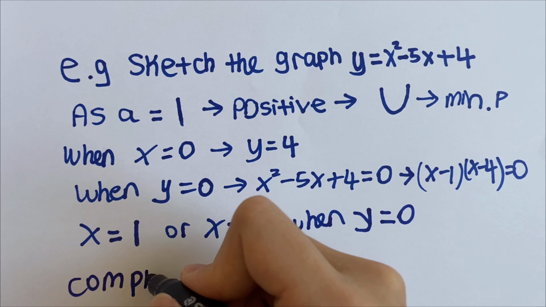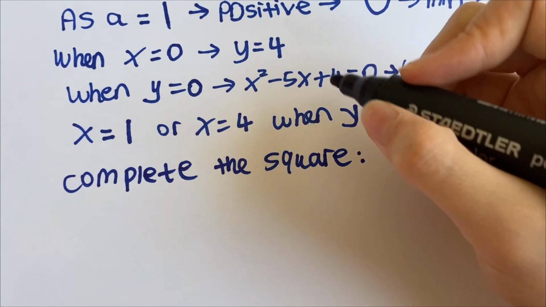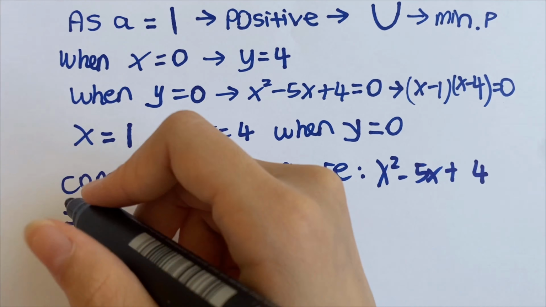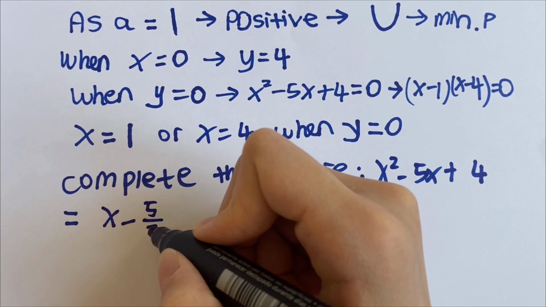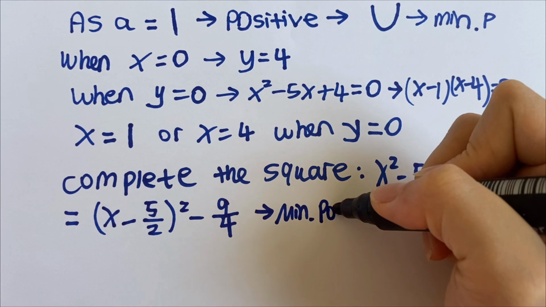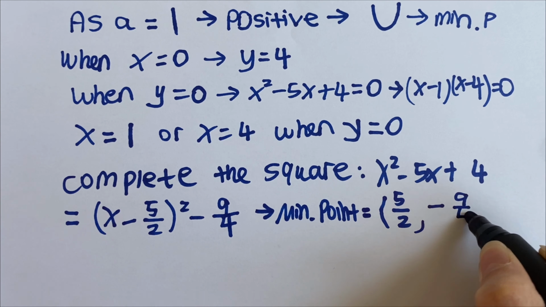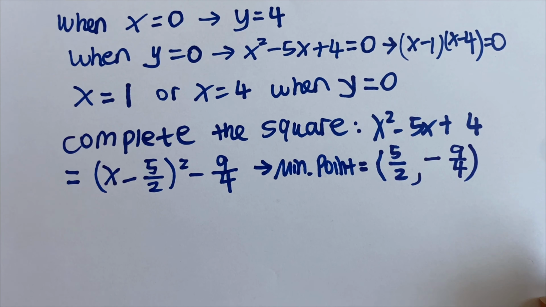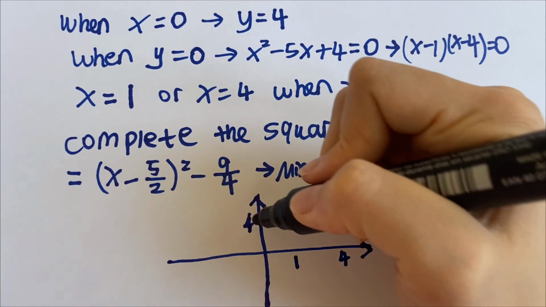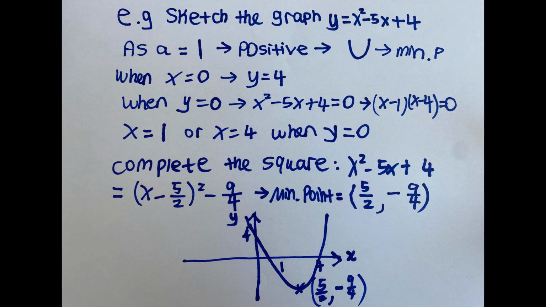Then we will try to complete the square of x squared minus 5x plus 4 in order to find the minimum point, which is the turning point. And we get that the minimum point is 5 over 2 and negative 9 over 4. Then we just have to plot all this information onto a graph. You need to remember that you have to label your axes and label any coordinates that you know and draw